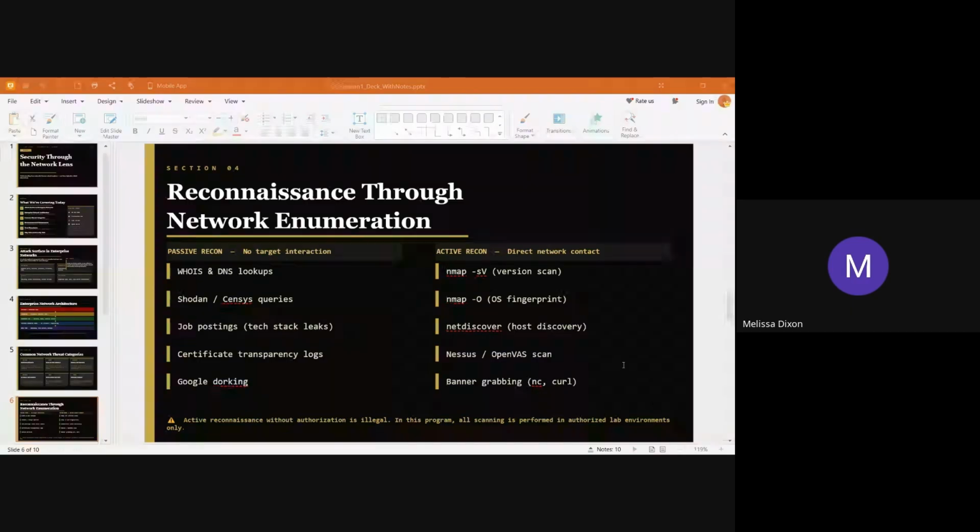And then there's NetDiscover, which finds live hosts on a local network using ARP. Then we have Nessus or OpenVAS, which are automated vulnerability scanners. They are noisy and they will show up in logs, so just be prepared that the attacker will probably be found out at that point, if not before. And then there's banner grabbing, which returns whatever the service announces about itself. So, like,